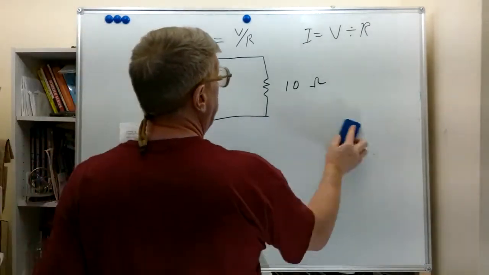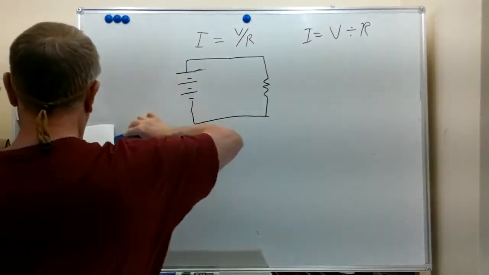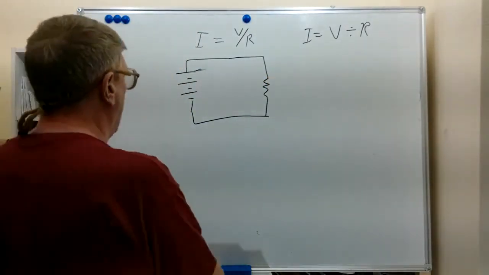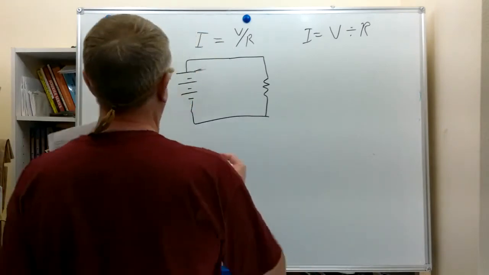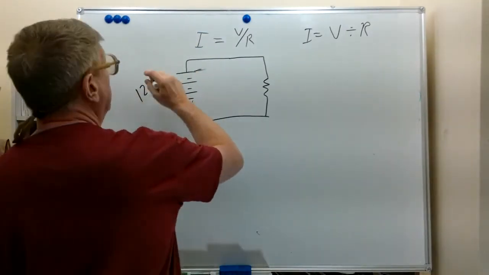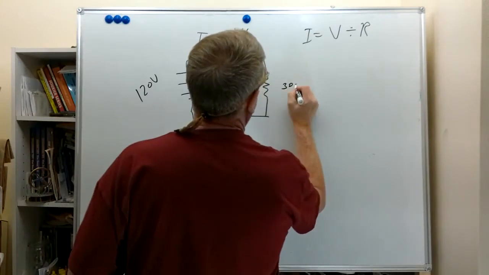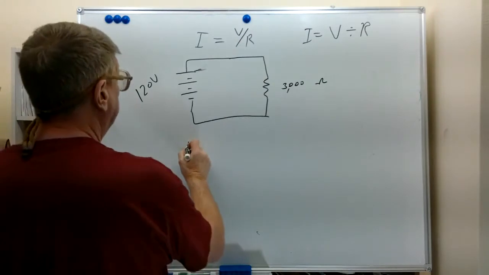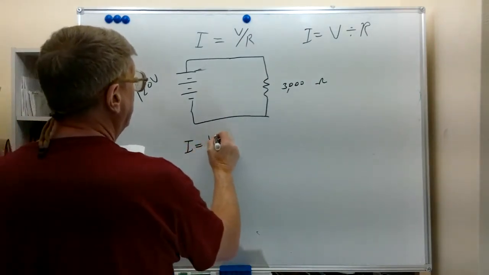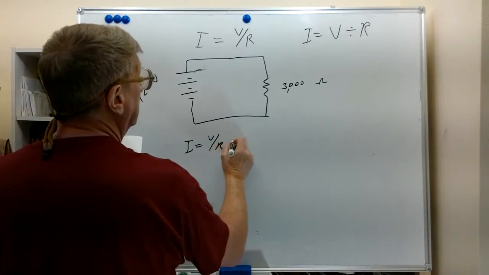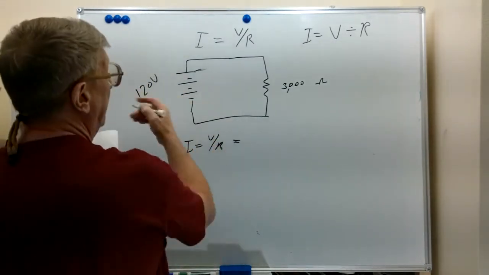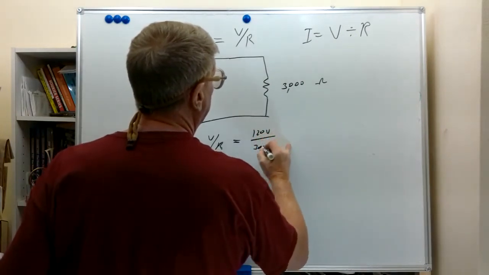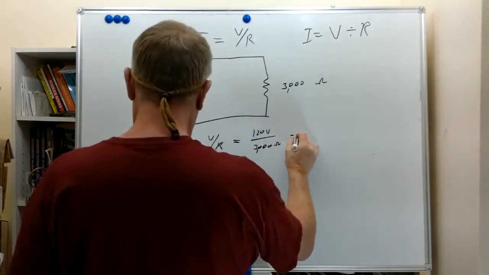We're going to do one more example of this type. Say this represents the resistance of the element of a fairly small light bulb. Again, we have 120 volts here, but this resistance here is 3,000 ohms. Same formula, I equals voltage divided by resistance. Equal sign, we're going to put the values in here: 120 volts, 3,000 ohms, and we end up with